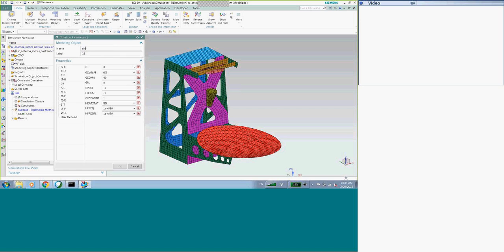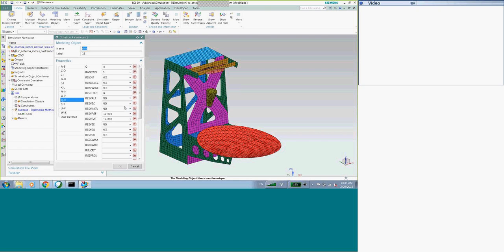Perfect. So if I say this is sine, and I go to ResVinner, we're going to use the residual vector approach, so I'm going to turn ResVinner to yes. And you see over here, something we're going to click on.